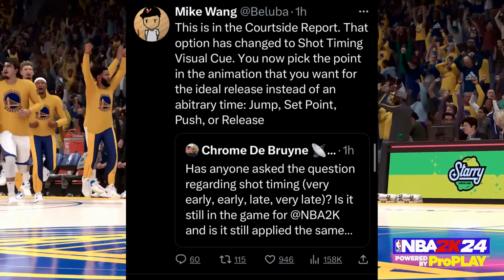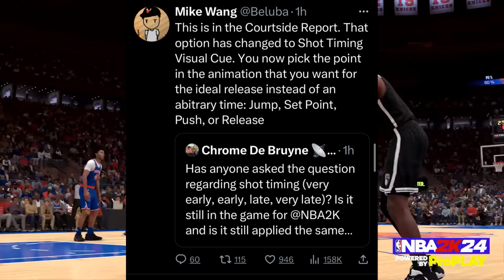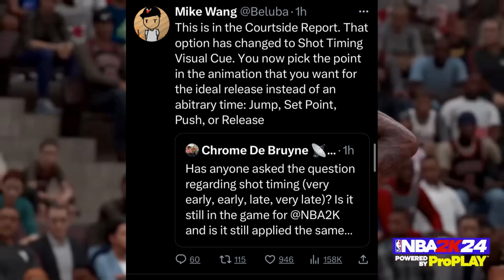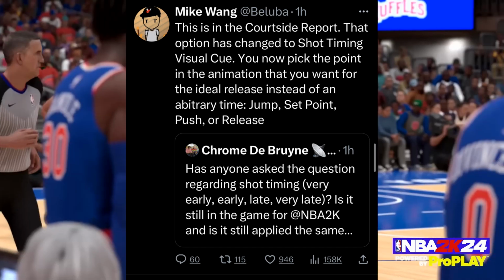In his next tweet, he talked about the very late, very early shot timing stuff they added in 2K23. Except this time, instead of picking the setting of being early, very early, or late, or very late, it's going to be shot cues that you have to time it off of. So basically what he's saying is, if you wanted to